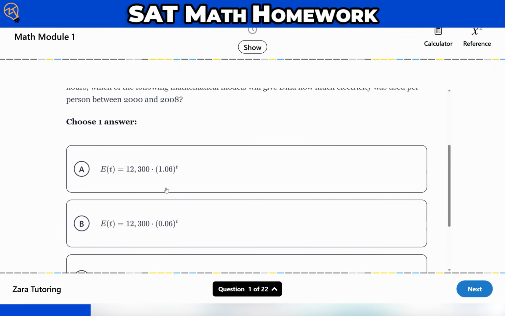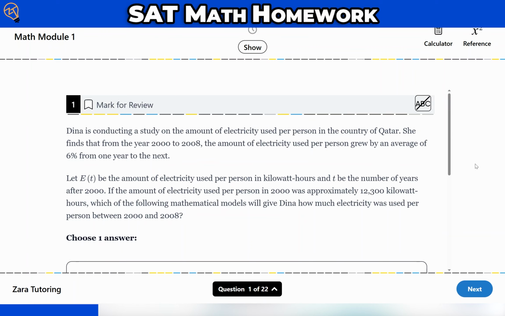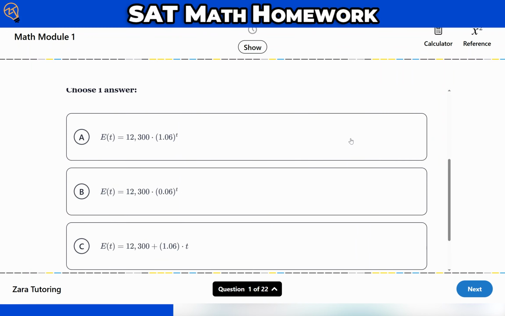Now, the way that you'll figure out whether it's linear or exponential has to do with looking for some key wording in the actual question. When we talk about a percentage as a change, that's a giveaway that it's going to be exponential. If they talk about a rate of increase or decrease being just an actual numeric value, then that's going to be linear in nature. So we know right away that this is going to be exponential, and so we can